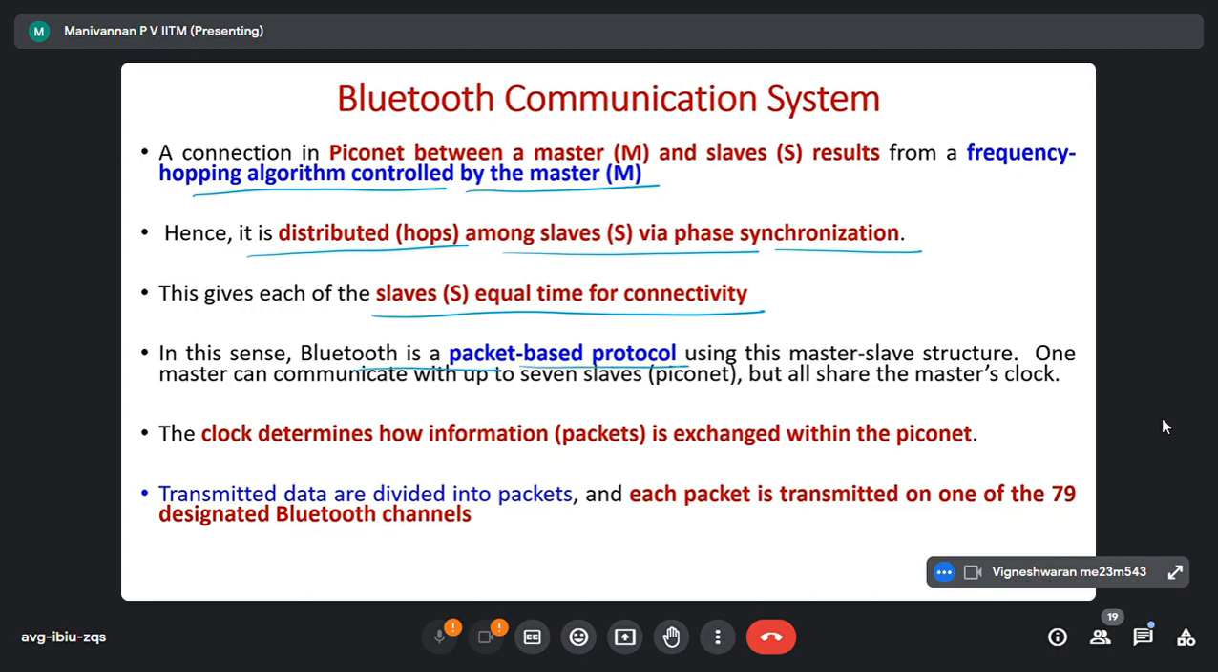I told you, data is transmitted as a packet. In the case of CAN bus, we already have a frame. Here we call it a packet. Packet size is already fixed. The clock determines how the information is exchanged in the Piconet. Transmitted data is divided into packets. Each packet is transmitted as